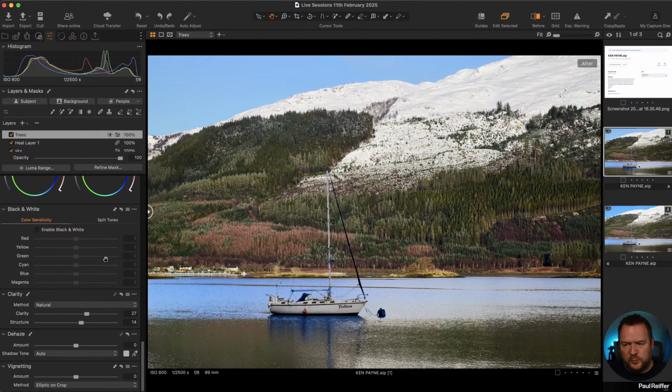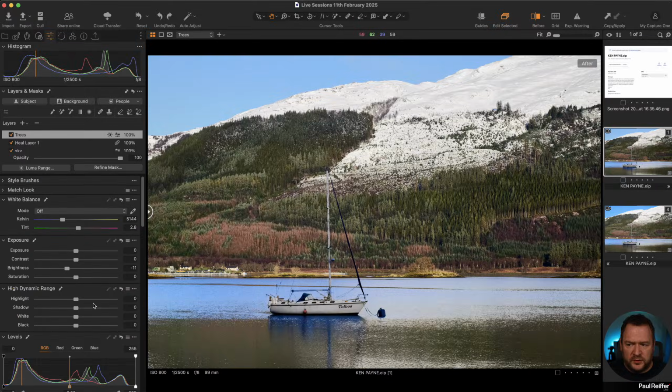So all the right things. It's just if you did want a bit more contrast, you wouldn't need to use clarity and structure. You could just do it with the standard contrast tool. And then maybe you might want to pull up some exposure a little bit, because in theory, this is the bit that's getting hit by the sun, right? So anyway,